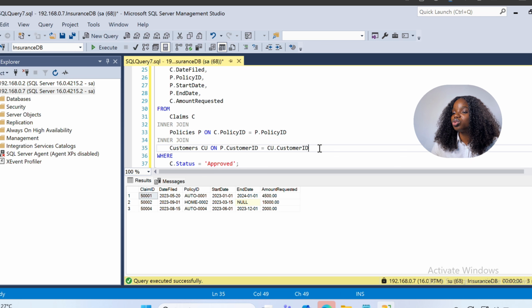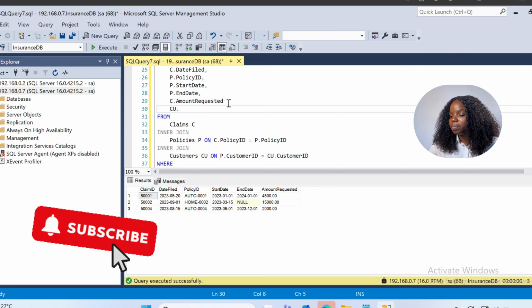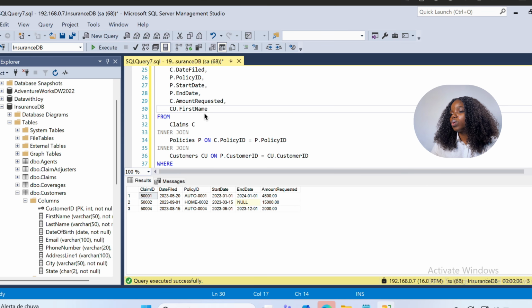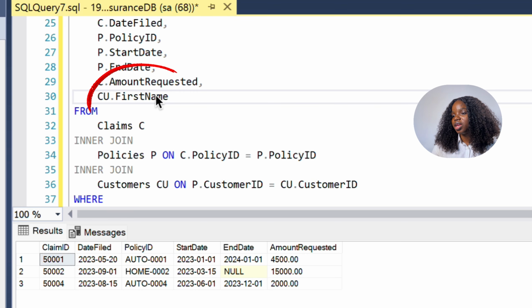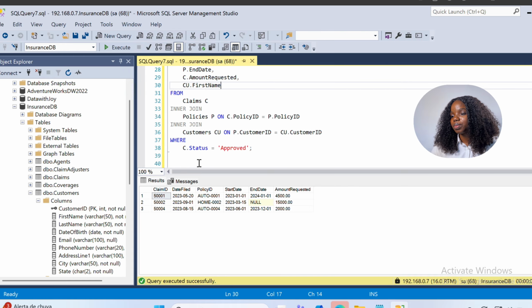And if you wanted to also include probably the name of the customer, you can come here and say cu dot name. I don't know if we have name on cu. So I checked and it is first name. So I have added my first name to this, just to show the first name of the customer that had this policy that has been approved. Now, if we run our query again,